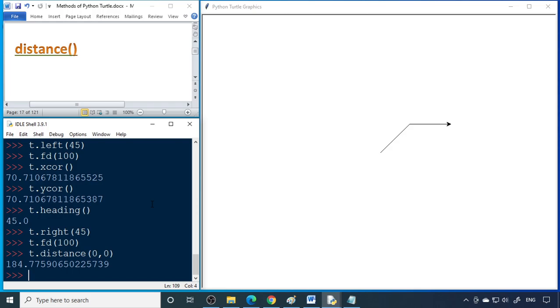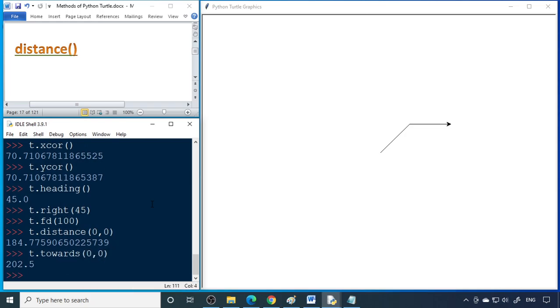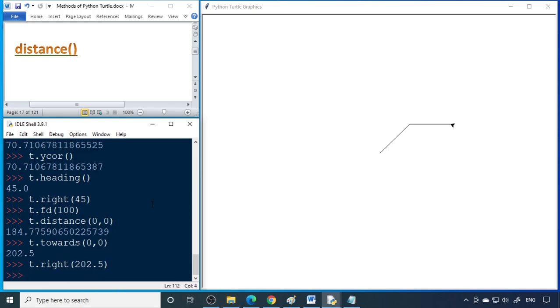Now at what degree should it turn? So you have to say t.towards 0, 0. At 202 degrees it should turn. So therefore you can say t.right 202.5. I should turn to this direction, and no, minus 90.